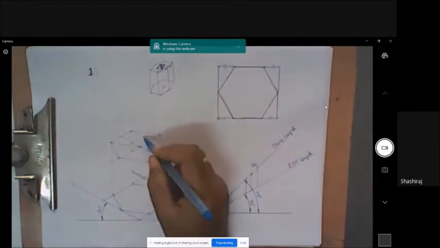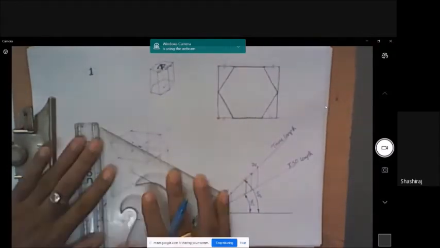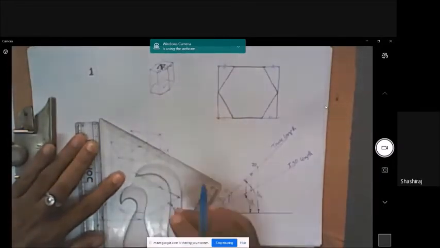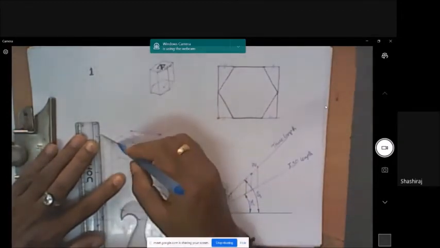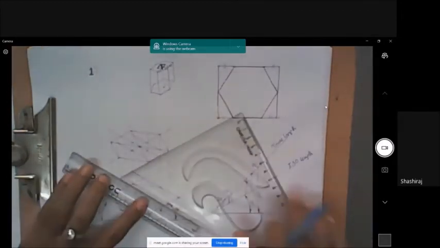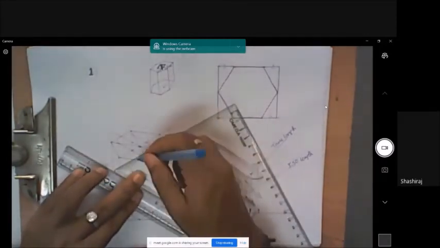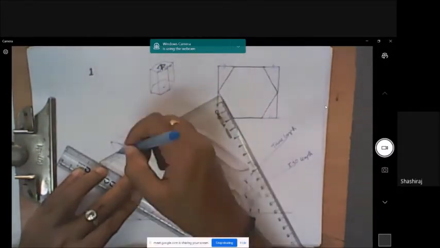You have to draw parallel lines passing through these 4 points, parallel to this axis. From this point, I'm drawing a line, and from the other point also I'll draw a parallel line like this, and parallel to the other axis. A parallel should be drawn through this point. A line here and a line here.